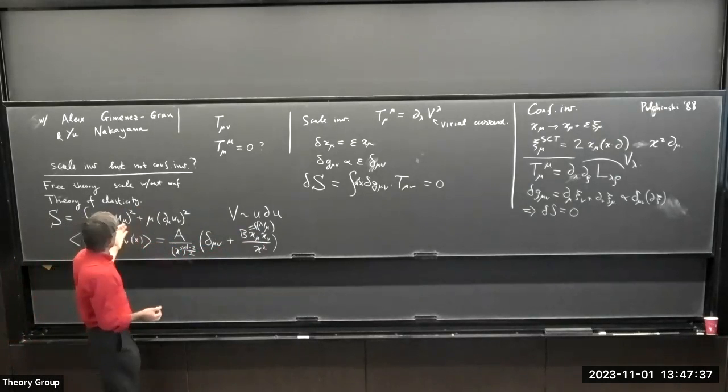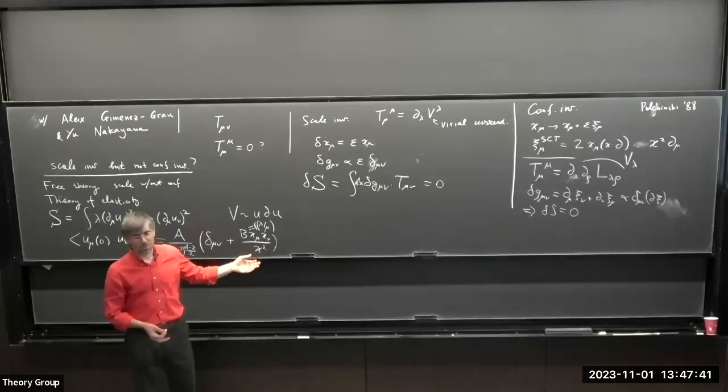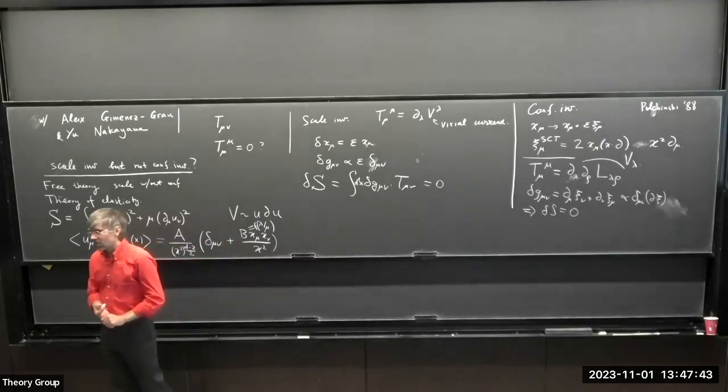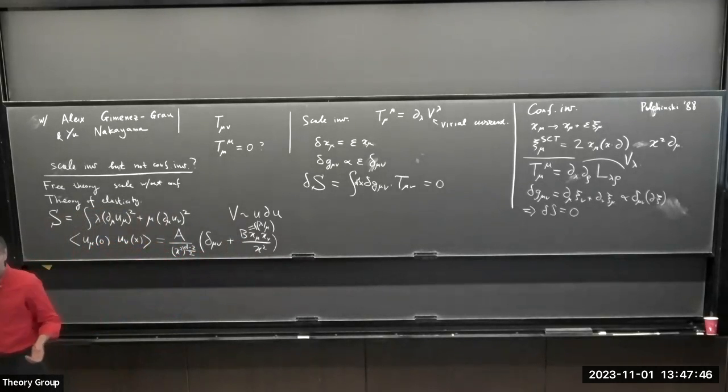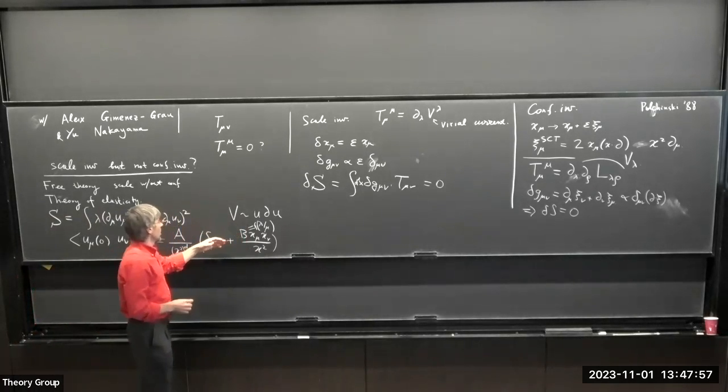If you just take generic values of lambda and mu, then this b is not going to be equal to minus 2. It's just going to be some random number. And so you know that this field cannot be a primary vector field. What is the choice of lambda and mu where it is minus 2? The only choice where it is minus 2